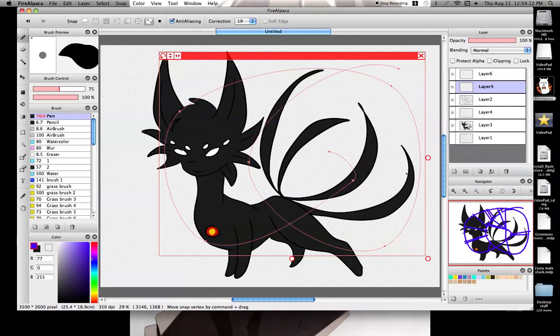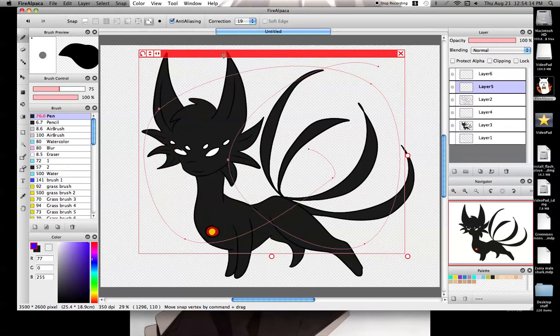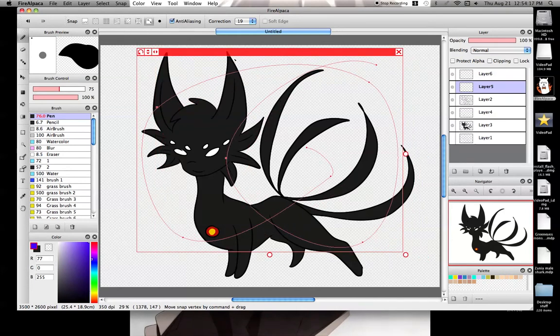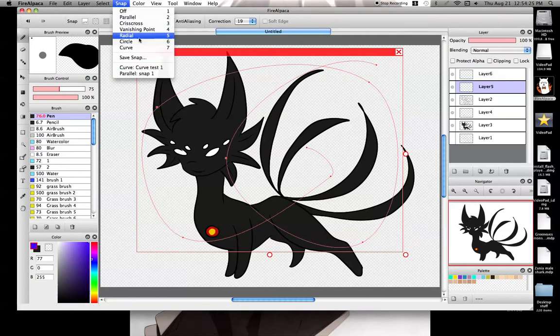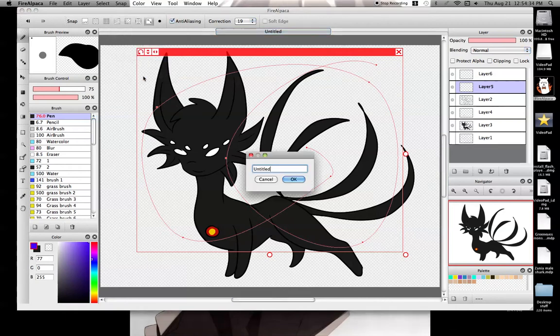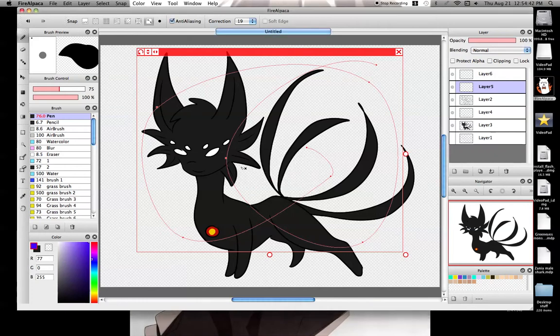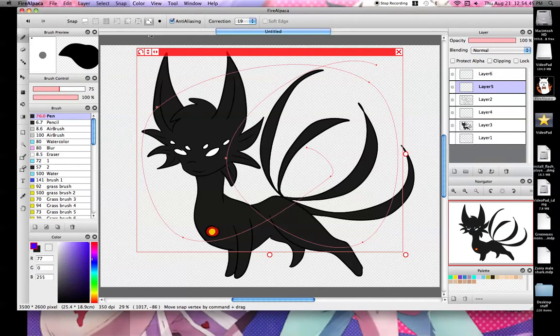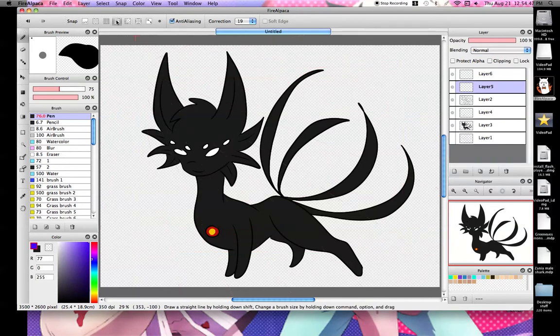Maybe. I don't know. But while we're on the topic of Snap, in one of our newest updates, in one of our 1.1 point insert number here, you also get the option to save your Snap. Now I've saved a few of them just as tests, practices. So what you're going to do is you're going to hit Save Snap, and you're going to come up with this little box. And I'm just going to say Curve Test 2. And it's saved. Now, just like with the circle, just like with what our little spiral thing is here, and what our beautiful little ray is,